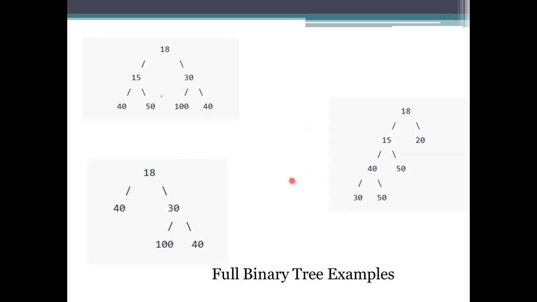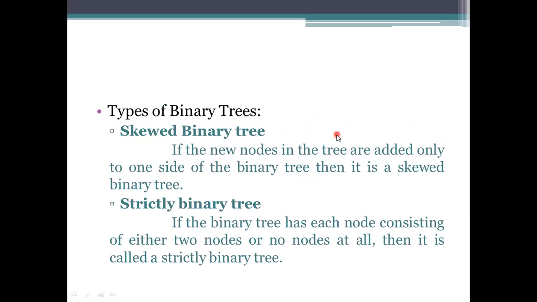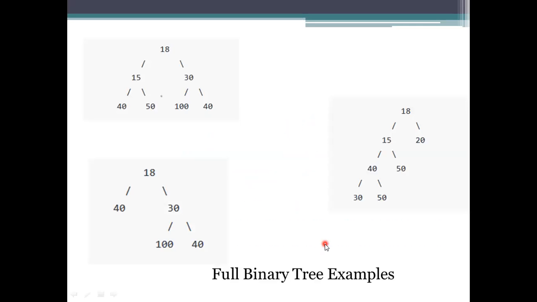In this one, a disjoint representation will be considered by removing the 18. This is considered a fully binary tree, or you may specify it as a strictly binary tree, because each and every node will have 2 children; if not, it doesn't have any children. The fully binary tree says every node has 0 or 2 children. Both are saying the same aspect only.